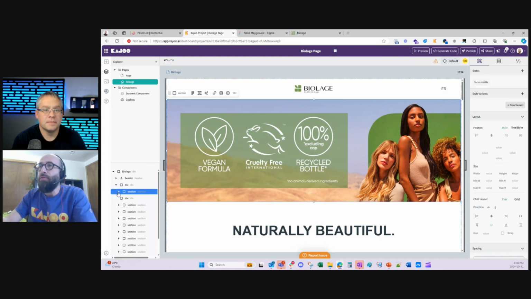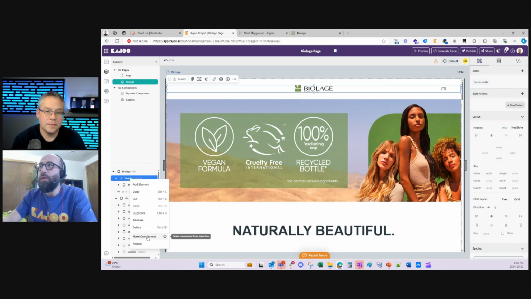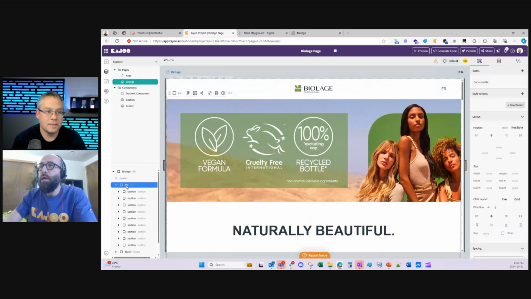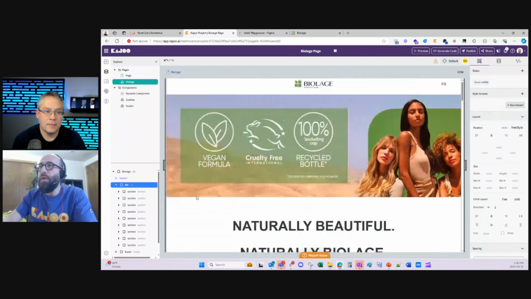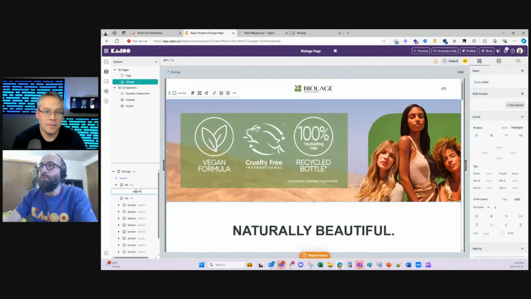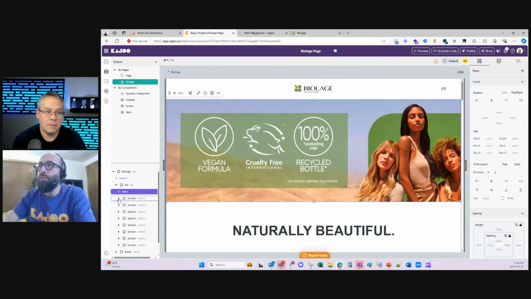So I have multiple sections here. I can see I have a header. I can right click and make a component. And I have the div for the main site. Every section here I can click and give it a name. So this is a hero. Right click, make component.